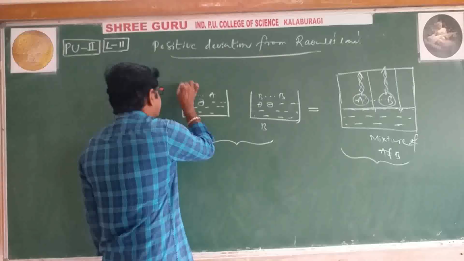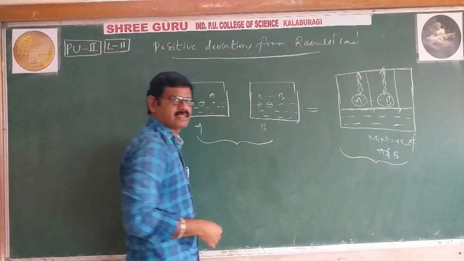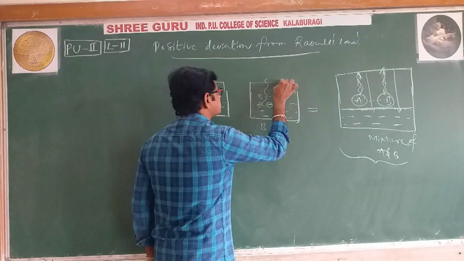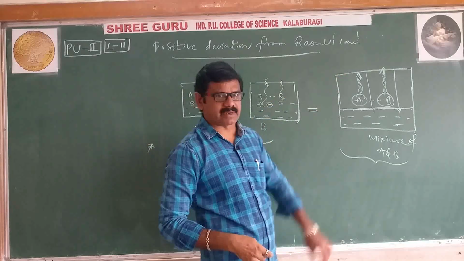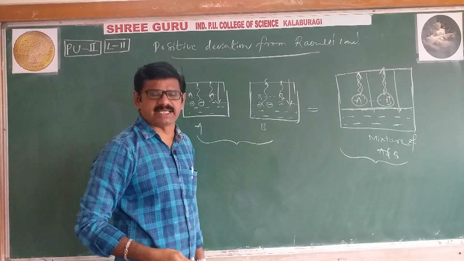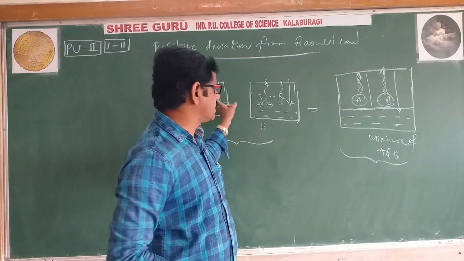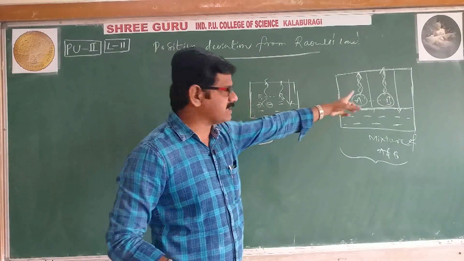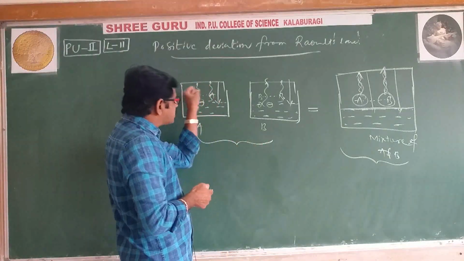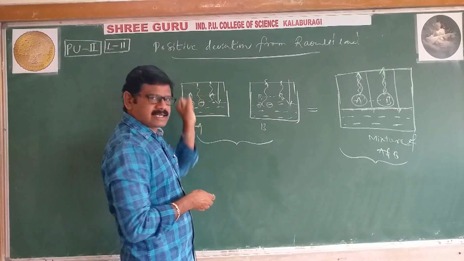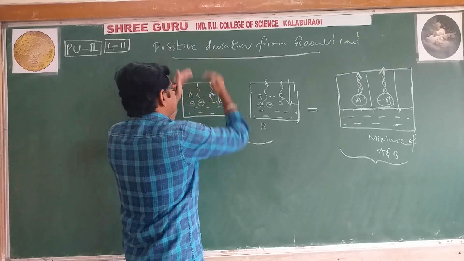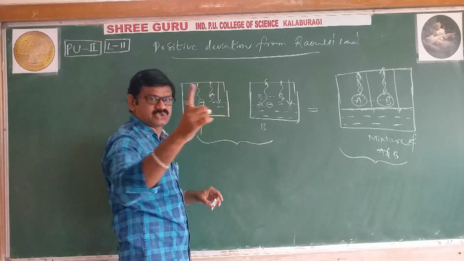Okay. Now what I am doing means we'll compare. In A, vaporization takes place, in B also vaporization takes place, and in the mixture AB also vaporization takes place. Each shows a vapor pressure. Now this vapor pressure, the pure components' vapor pressure and the mixture's vapor pressure, we have to compare. Here, between A and A, attraction forces are strong. More strong attraction forces means vaporization tendency is less. Vaporization tendency less means automatically vapor pressure is also less.